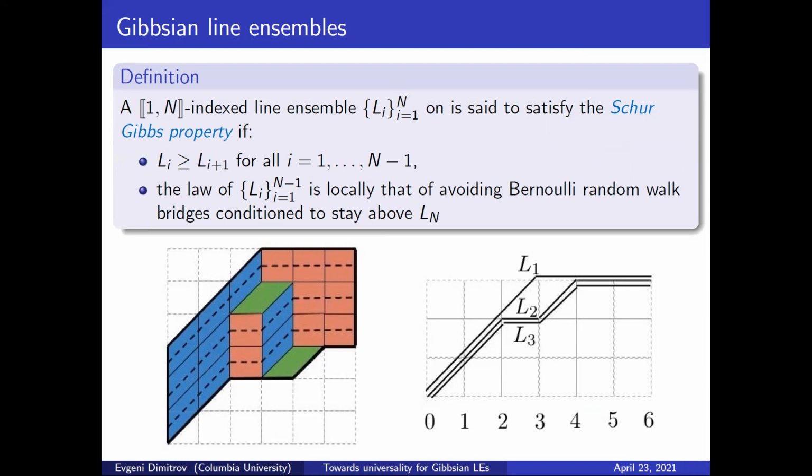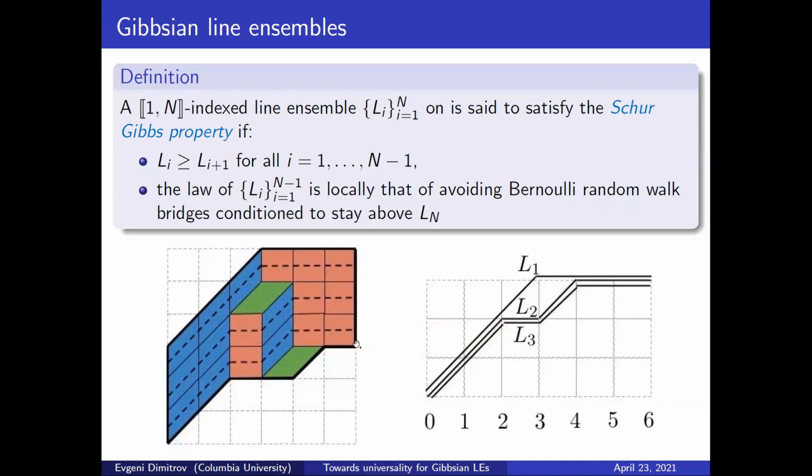So if you replace avoiding Brownian bridges with Bernoulli random walk bridges, then you arrive at an analogous definition for the discrete setting. And it takes maybe a couple of minutes to realize that if you look at this tiling model and you put the uniform measure on all possible tilings, and you interpret that in terms of the lines, then the induced law on the lines is that of the uniform measure on all upright paths that start at these consecutive locations and terminate at these consecutive locations, conditioned to avoid each other and also avoid this bottommost boundary here.